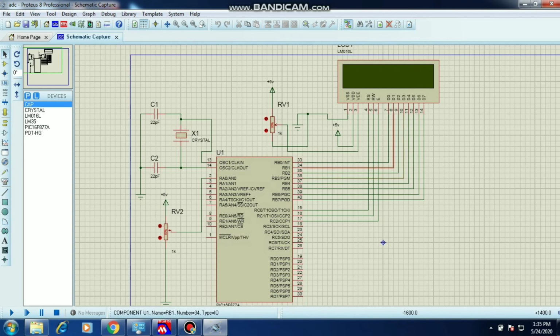Based on our program, connect the elements. Data pins are connected to port B. RS, RW, enable pins are connected to port C. Analog input is connected to RA0.